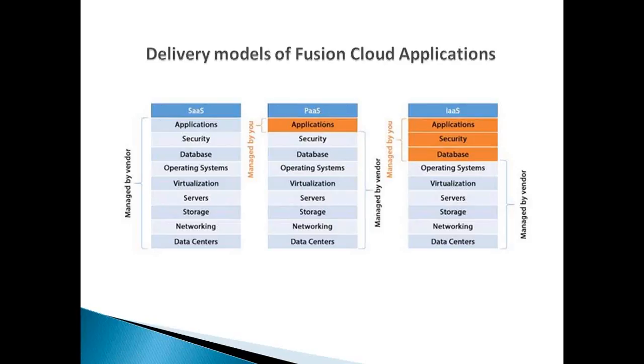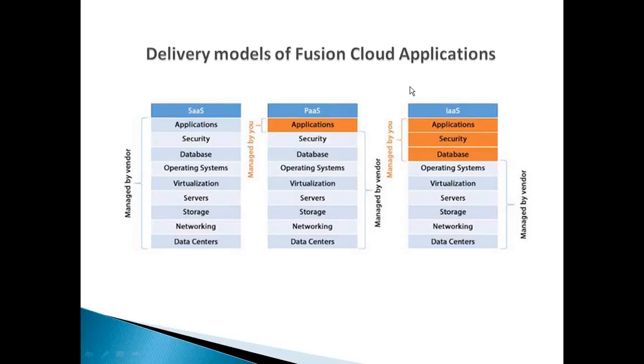But the database, you are saying the database is not under our control. That means it requires an additional object to be added. One second. When you can do the customization, that means you can develop new forms. In that case, there should be an option to store the data in the database. In PaaS, you can create the database objects. You can create the table. You can create the view. In SaaS, you cannot do that. Anyway, you don't have the option to customize. Here you can build a custom functionality or custom module to store that relevant object data. You can create the tables, views and other database objects. That is possible. Okay.